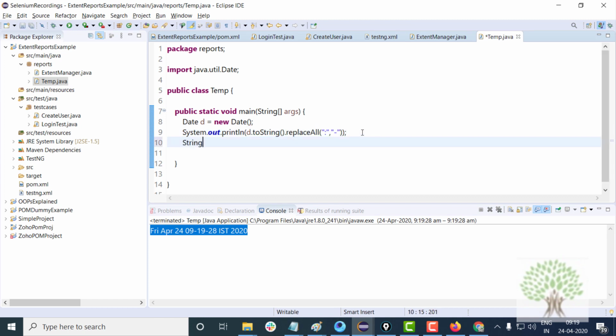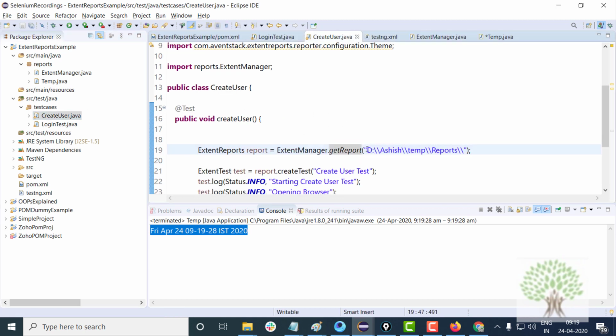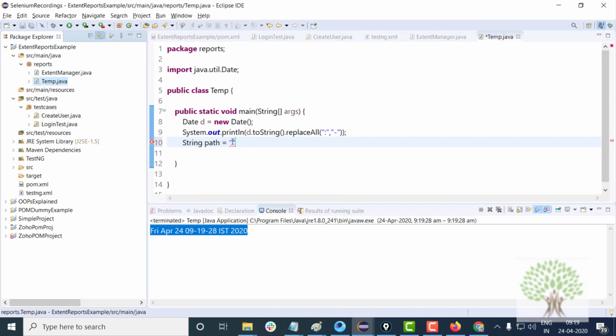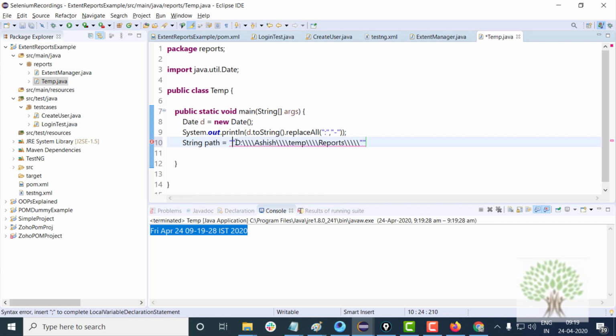Okay, I already have a path to the reports. This is the path. In Java actually you have to give double slashes. This is the path to the reports.